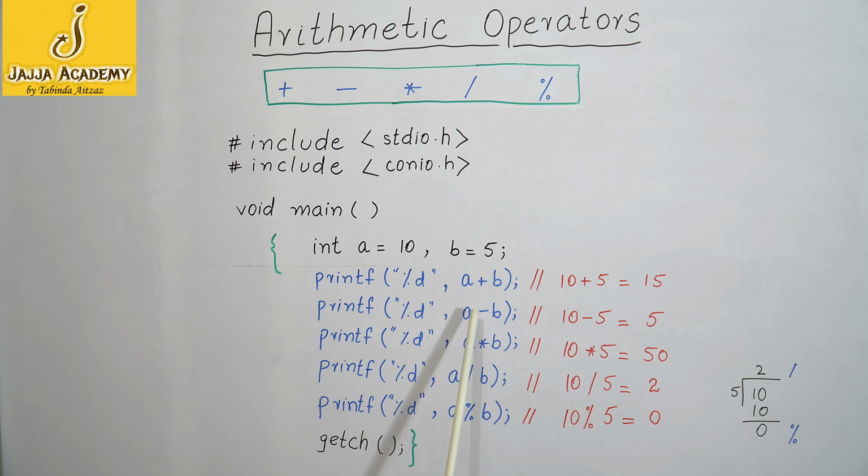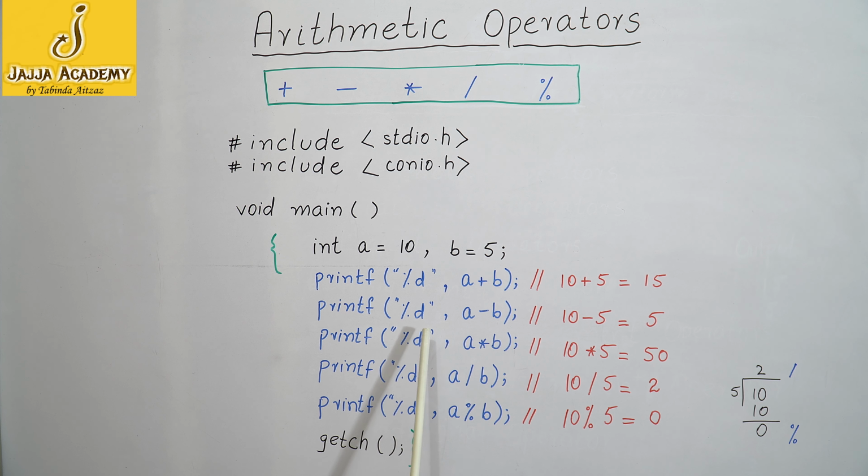Okay, first of all I have added the variable A and B. So A plus B, this is the arithmetic operator plus, and it is adding up the value of variable A and variable B, and the values of these variables are 10 plus 5. This is a comment, single line comment. So I have provided these comments in order to let you understand how the program is being executed. So A plus B, 10 plus 5 is equal to 15. This line will print the value of 15.